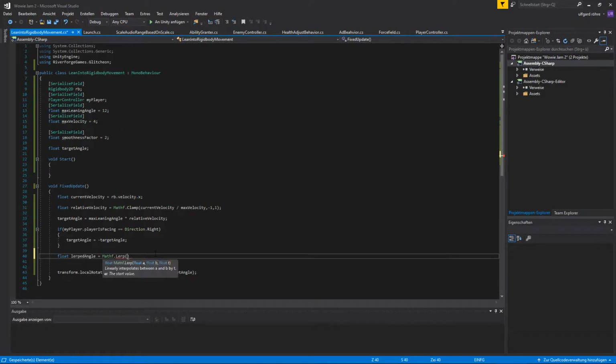So yeah, we lerp. There's float A, B, and T. So A will be. I always forget which one's the